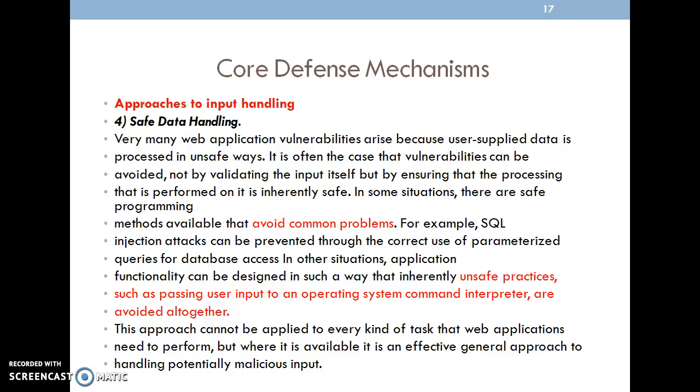Then you can use some functionality in regular practice. You have to make use of some new practice so that the hacker is not able to get our pattern of sending data to the server. We avoid directly giving a password, or giving our input directly to the operating system interpreter, because that lets the hacker access data.